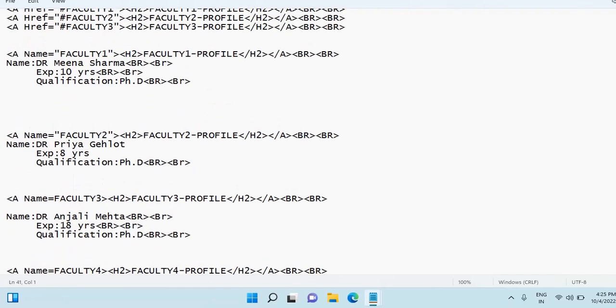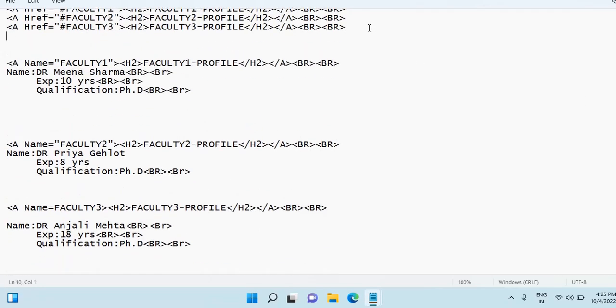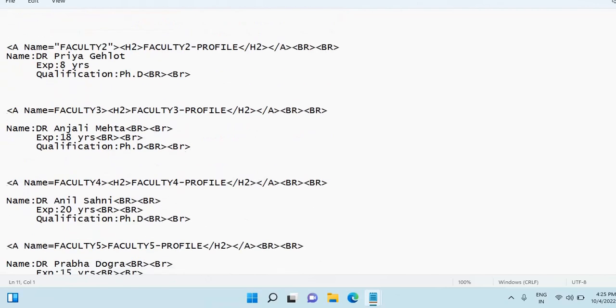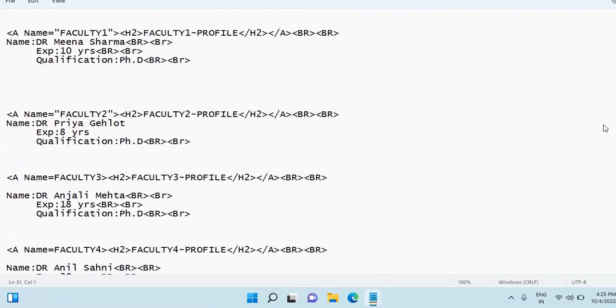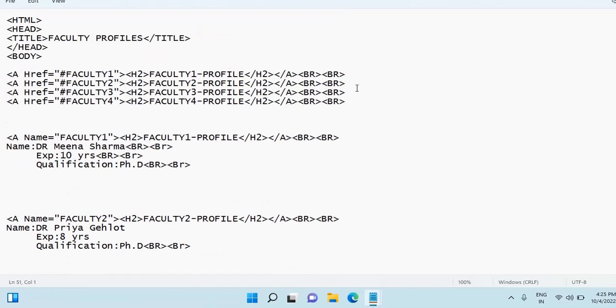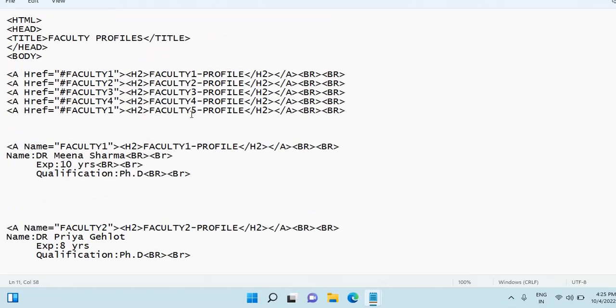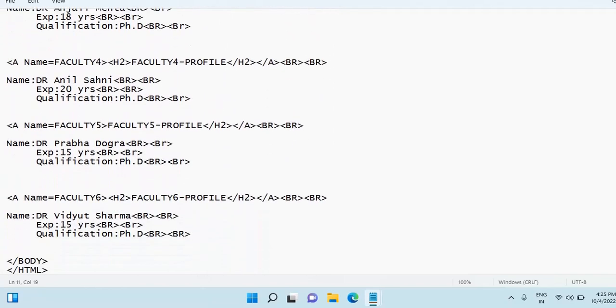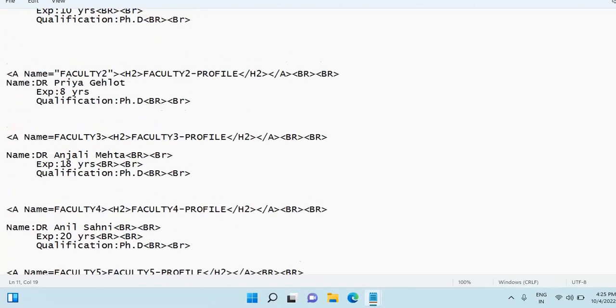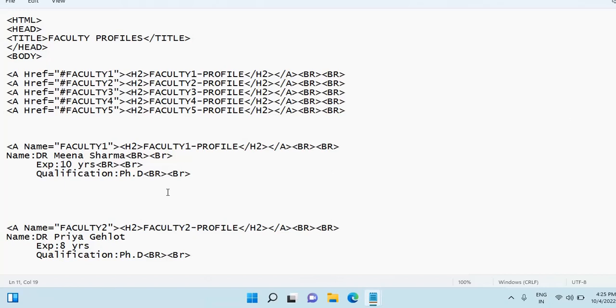I put it here. And then for the fifth faculty, I put it here. Now here there is a mistake. I have written faculty 1. It should be faculty 5. So we use the same name that we give in the a name tag. Okay, so all my links are on the top, and when I click on those links, I'll be jumping to